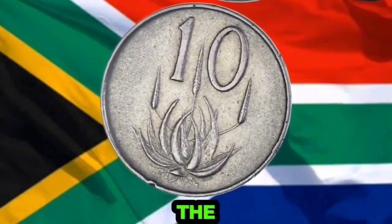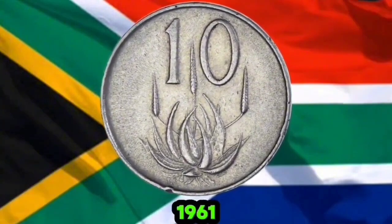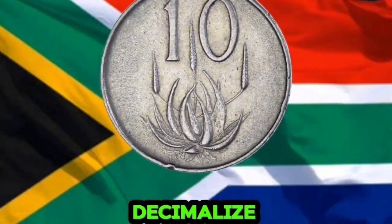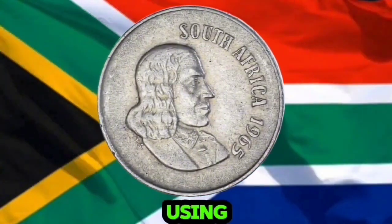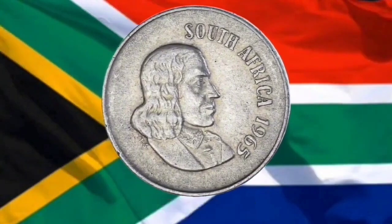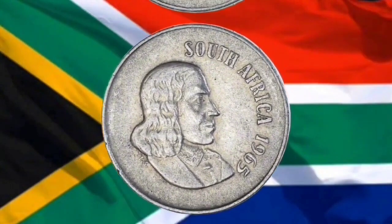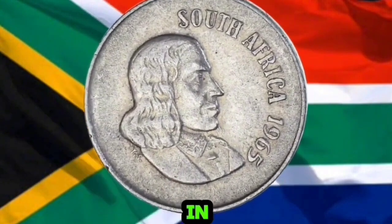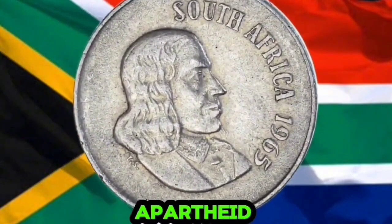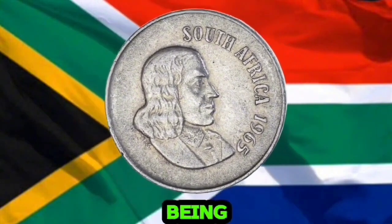history. The South African 10-cent coin was first issued in 1961 as part of the country's move to decimalize its currency. Before that, South Africa had been using the pound as its currency. Now, 1965 was an important year for South Africa as it was a period of significant political and economic changes in the country. Under the apartheid regime, the economy was shifting and new coins were being minted as part of